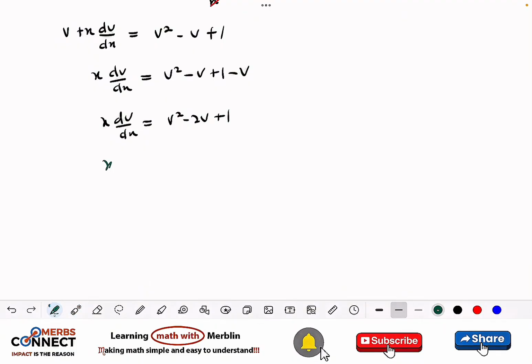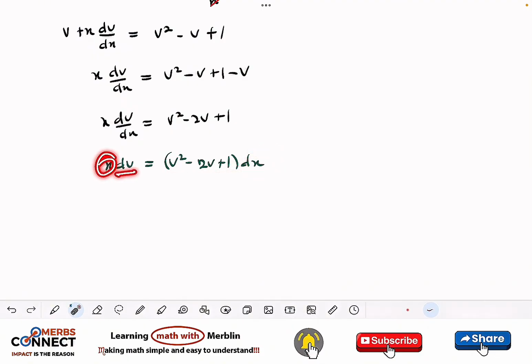So the first step is multiply through by dx, and we're getting something like this. But this is not good. Why? Because this is v function with the dx, and then x function with the dv. So we need to interchange it, right? So how can we do that? We can do this by dividing this one by x and dividing this one by x. So it means that here is going to be 1 over x here. So I'm going to have it to be 1 divided by v squared minus 2v plus 1 dv, which is the same as